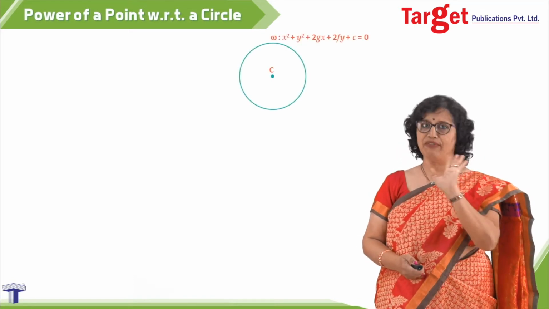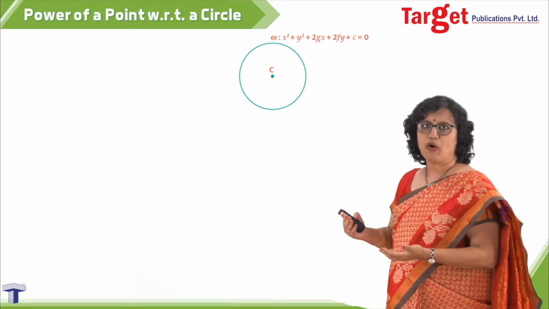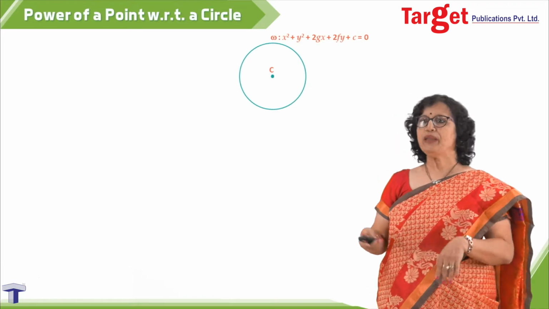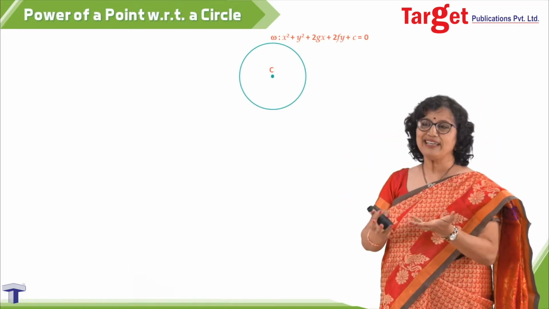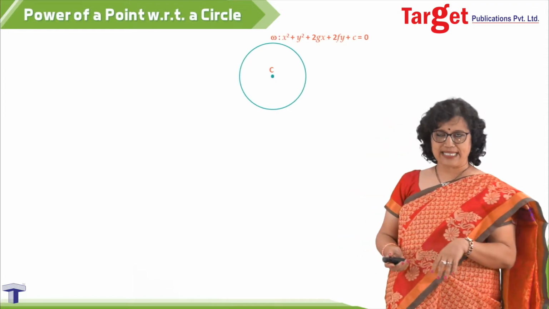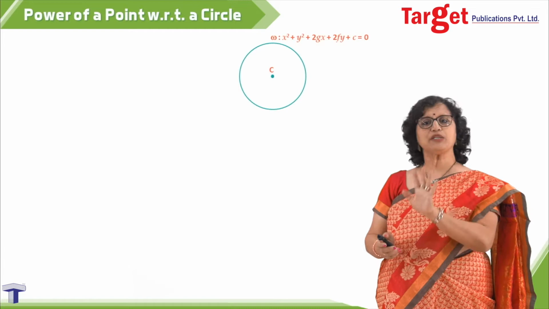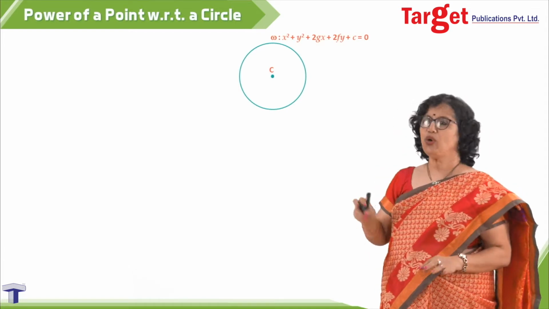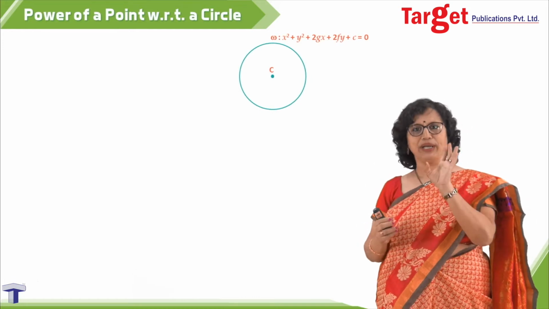that we need to define it once and for all. Okay, and for the definition we need the help of whatever we have done by now. Now I have drawn one circle here because everything is about circles only, right? So the center I am showing as C, and the equation I am taking as a general equation, x square plus y square plus 2gx plus 2fy plus c equal to 0, and the circle I am naming as omega. So instead of saying that equation all the time, I can say omega is the circle.